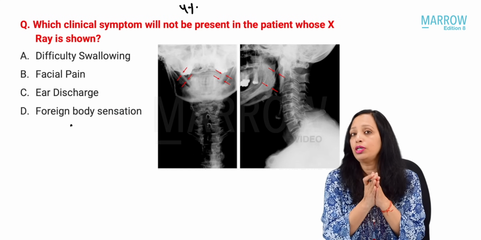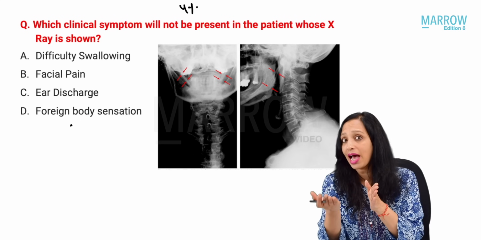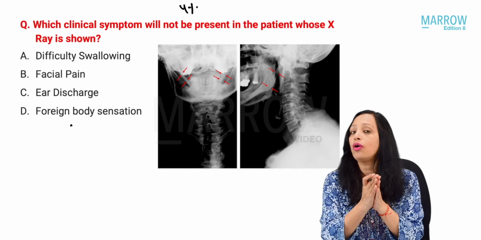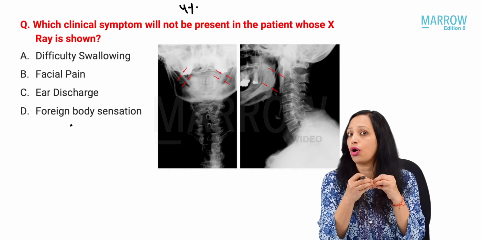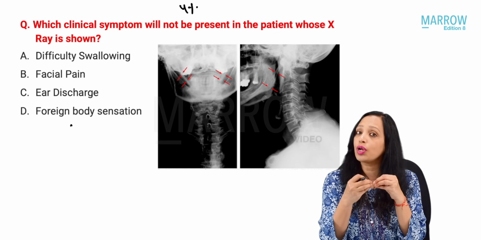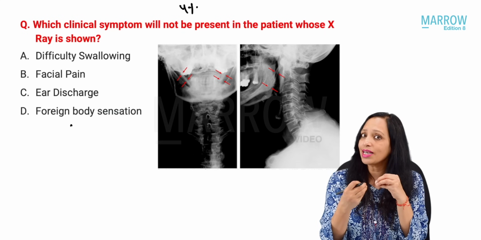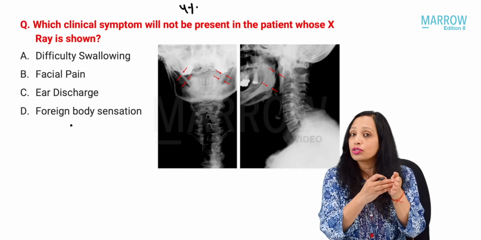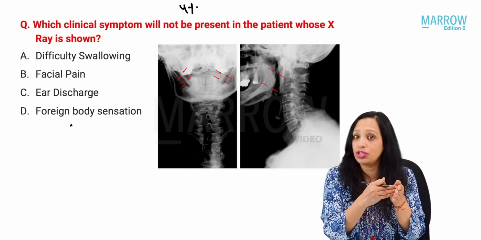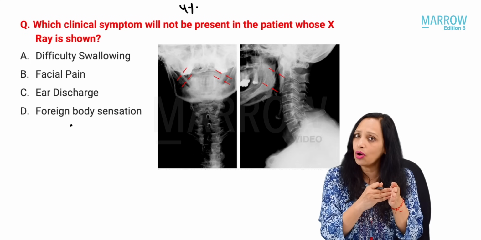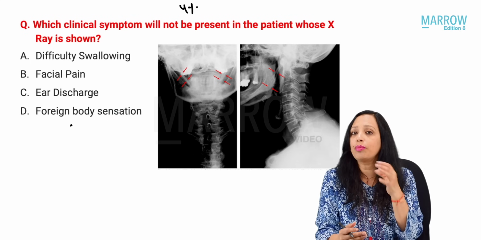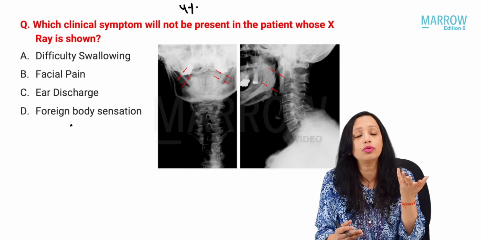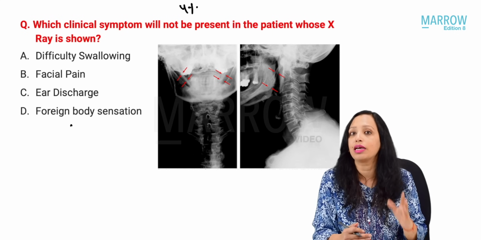And in which people do we suspect that they might be having stylalgia or Eagle syndrome? Yes, this enlargement of the styloid process and the calcification of the stylohyoid ligament usually follows injury. This injury can happen following tonsillectomy. You are operating on the bed of the tonsil, and by chance you have gone a little more deep and injured the stylohyoid ligament or the styloid process. Or it can be when you are operating on the parapharyngeal space and you have done some trauma to this styloid process or the ligament.